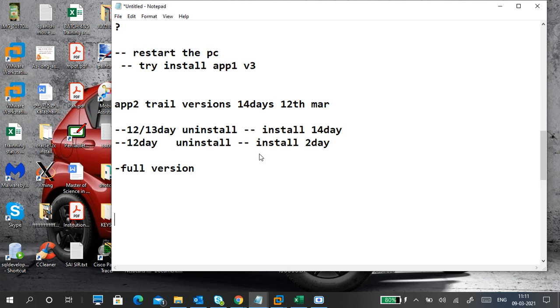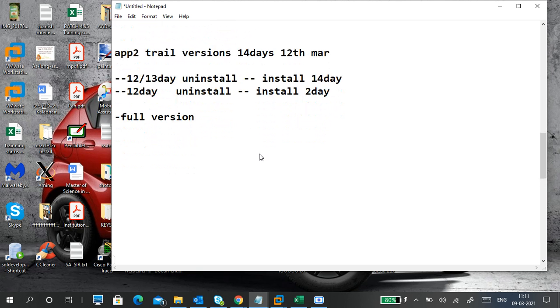Guys, understand this: application related issues will be there. That's why I'm telling the story. For example, you install a full version but it still shows as a trial version.